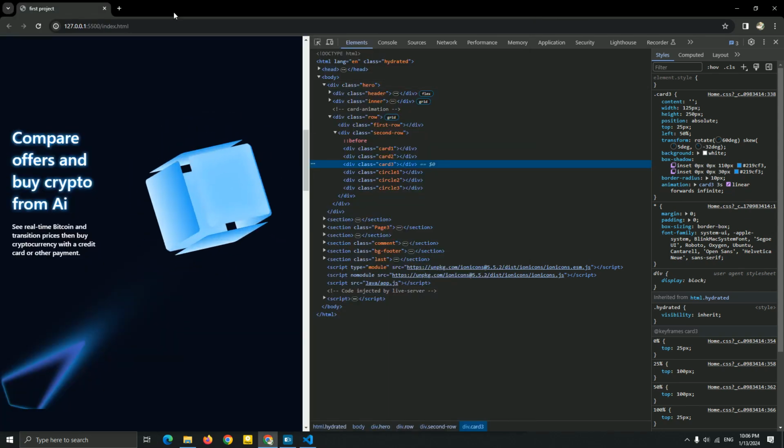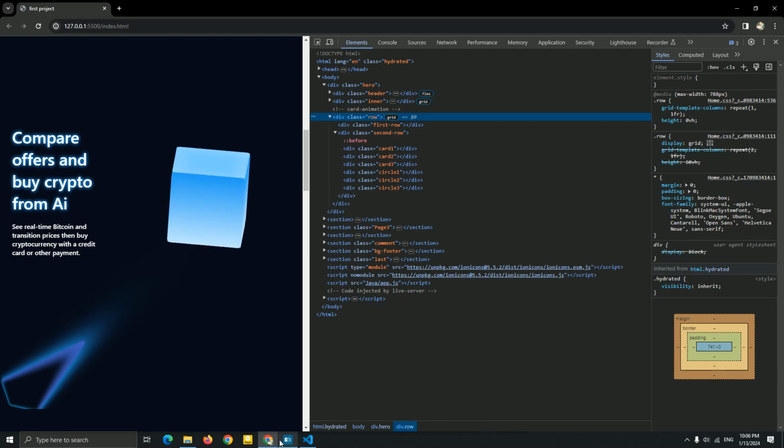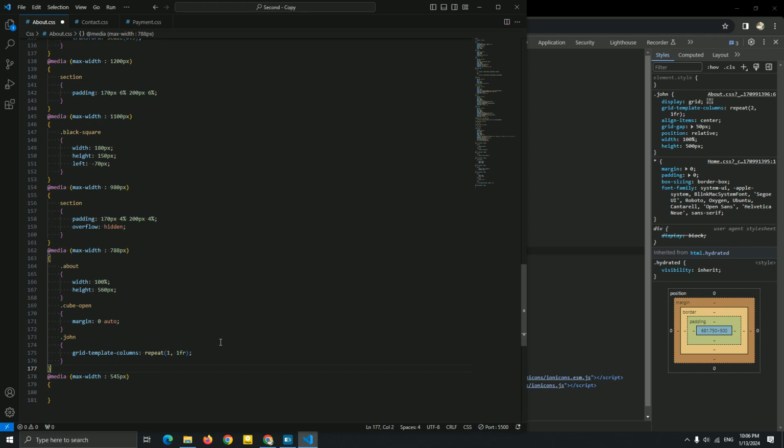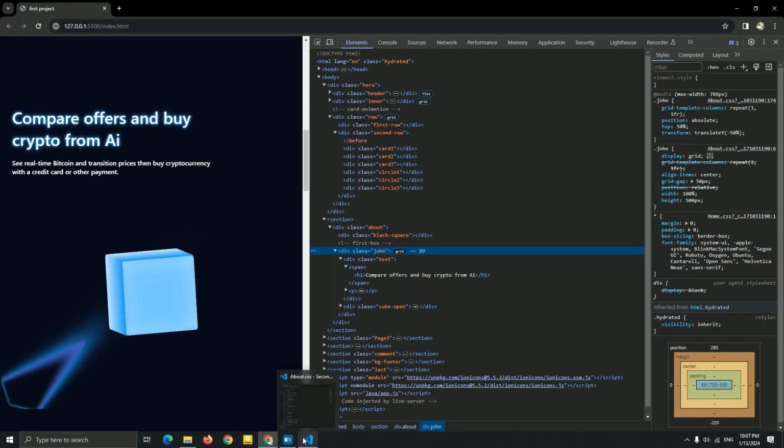Yeah, I think it doesn't work. Row. So you know what, let me just add a John, guys. I'm sorry, just gonna add a John right now, and the position absolute for this. Okay, this is good. And now let me just add a position absolute top 50% transform translate y to just fix this problem, guys. Okay, this is good, guys.